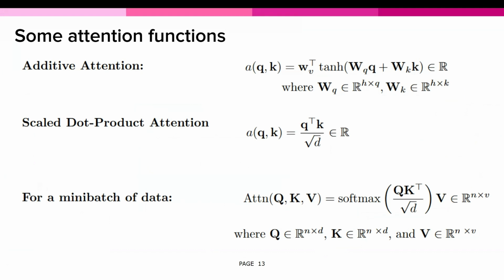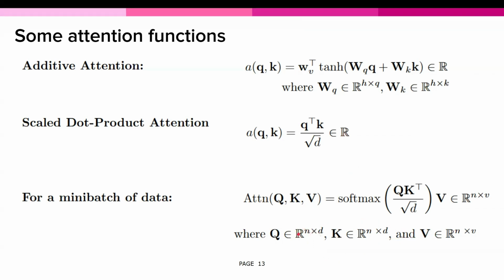Finally, when working with batches of data, we can extend these calculations by defining matrices for multiple queries, keys, and values at once. So for a batch of data, we can define matrices Q, K, and V to represent